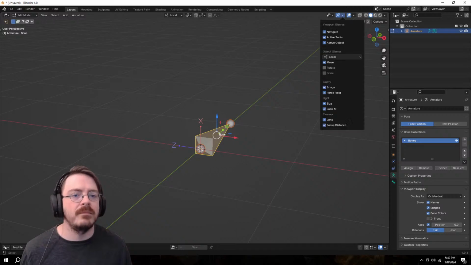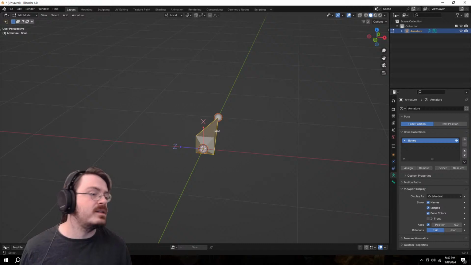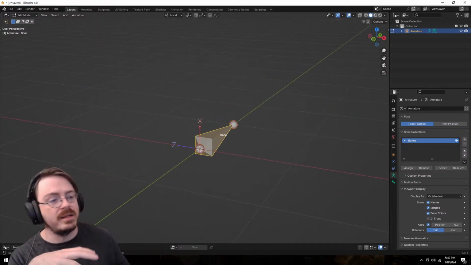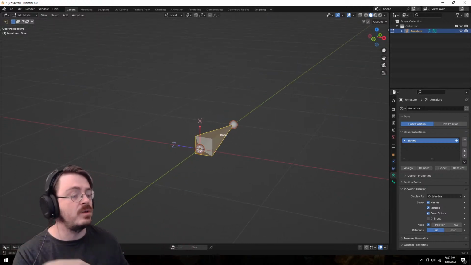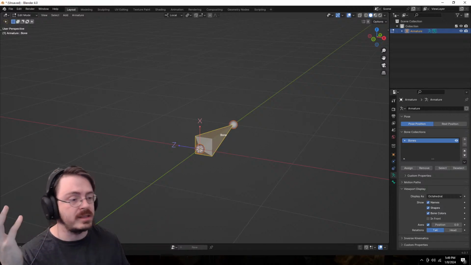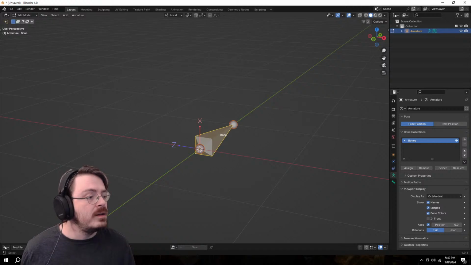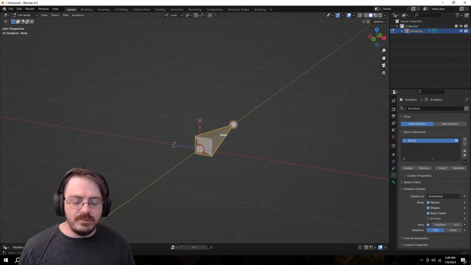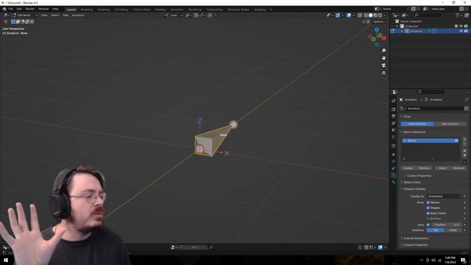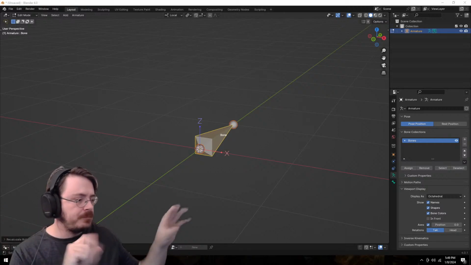The point is that when I move it in its local x-axis, it's not going to move in the world x-axis. It's going to move vertically up in the world axis. We'll figure out more as we go along.